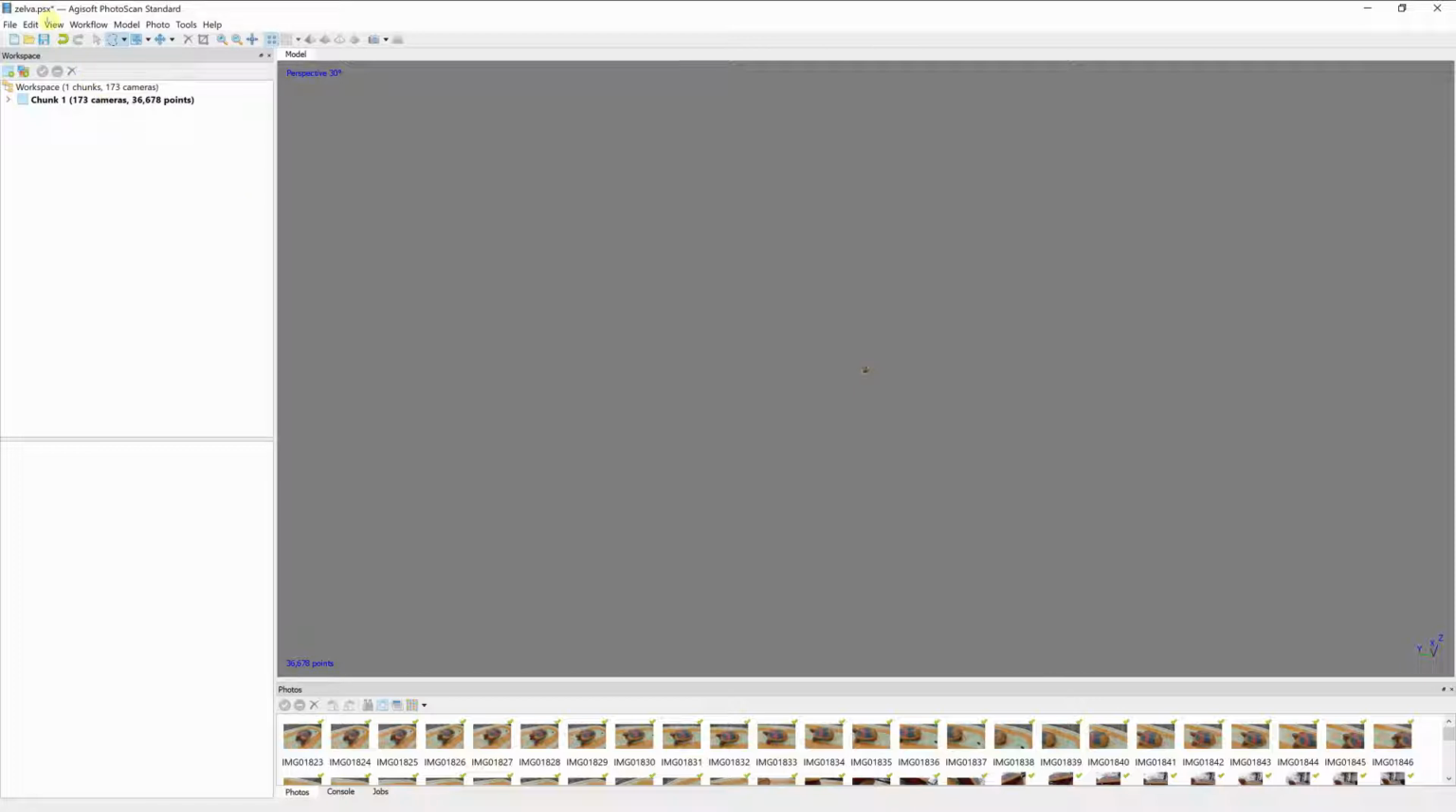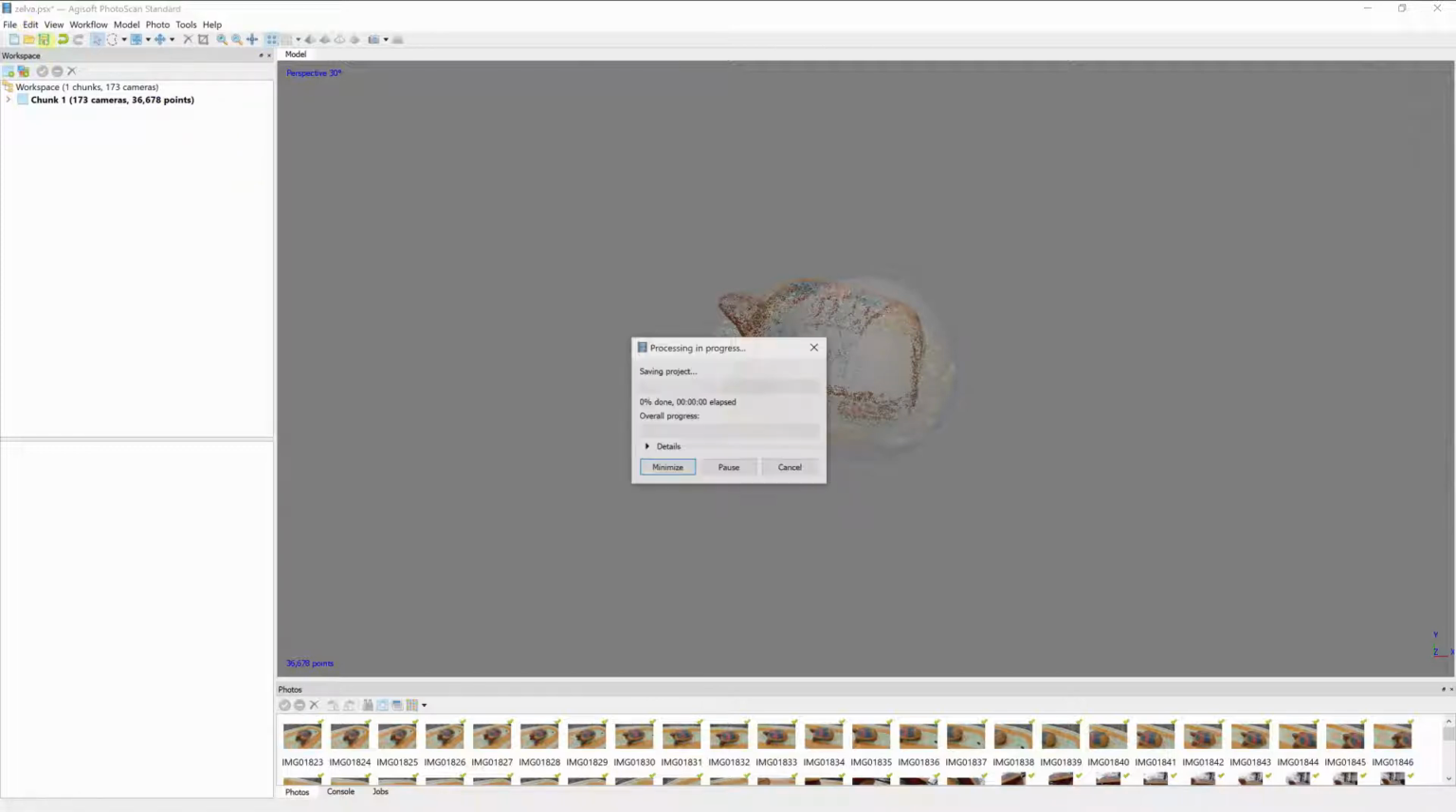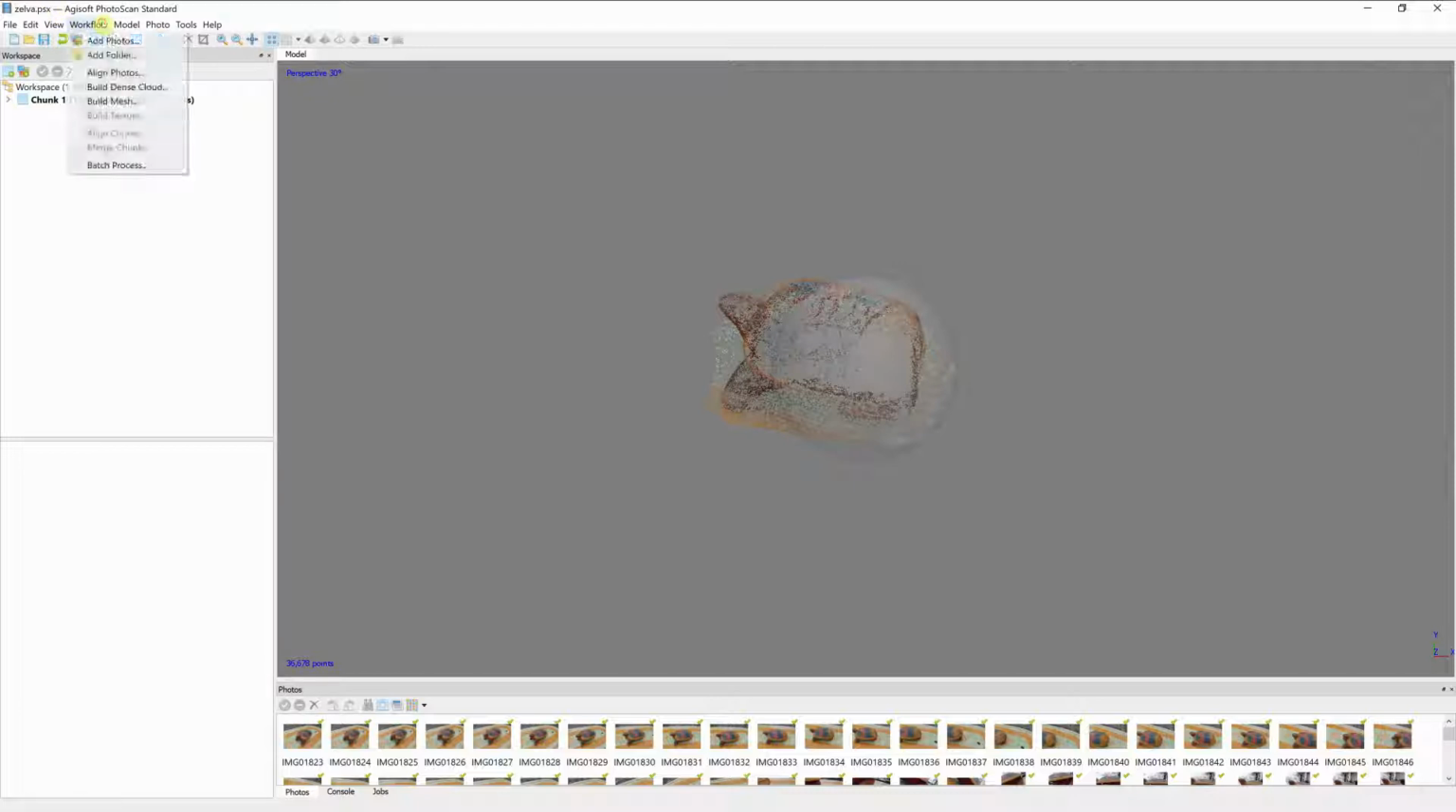So let's check again. Now it looks quite nice. I don't see any points. Now let us make it larger. This is our turtle. Let us save the project, and we can proceed to the next step. The next step will be making the dense cloud and the 3D model. We just choose here workflow,